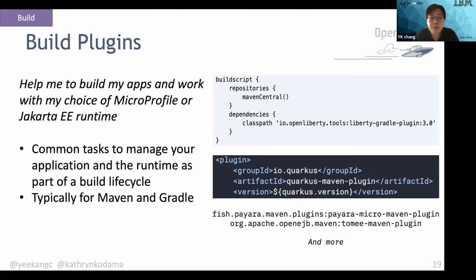So as you can imagine, and as we all know, Maven and Gradle are the popular build tools these days for Java applications. To make it easier for us to work with the different runtimes and frameworks that we've chosen, they actually provide plugins integrating with Maven and Gradle to make it easier for us to manage the lifecycle as we code our application and have it running with the framework and runtime that we've chosen. These will be the build plugins from the different runtimes and so on. That makes it easier for us to manage our build lifecycle